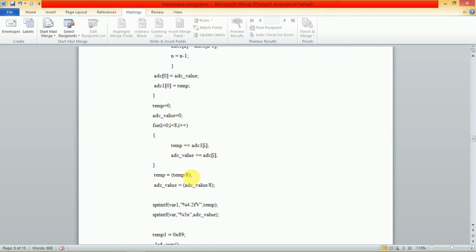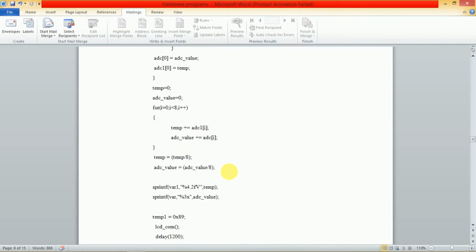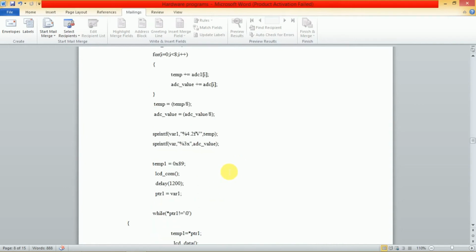Declare this temporary 0, then convert these ADC values equal to 0, put it in the loop. Temporary plus or minus equal to ADC 1, and ADC value is equal to ADC i. Close the loop. Similarly, temporary is equal to temporary C8, ADC values is equal to ADC.